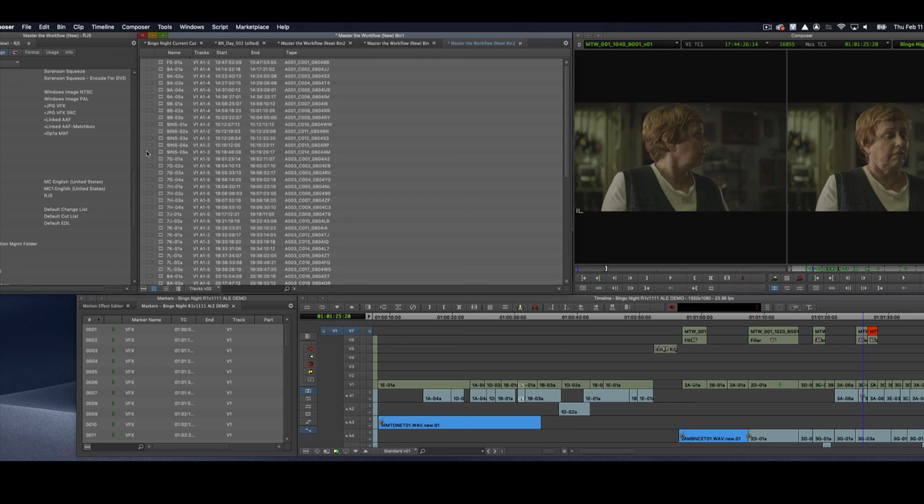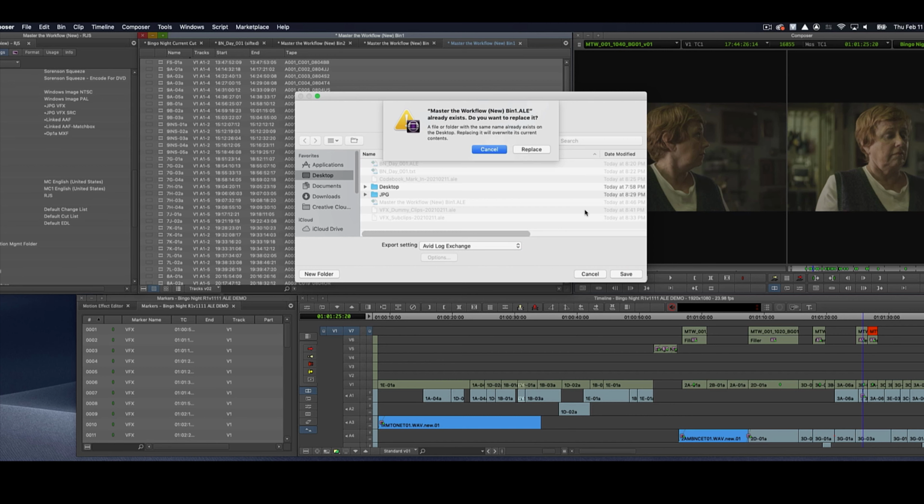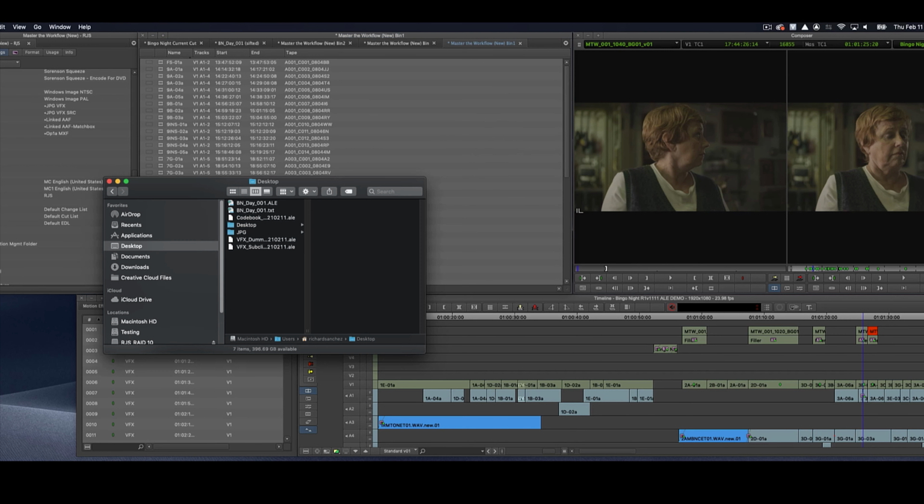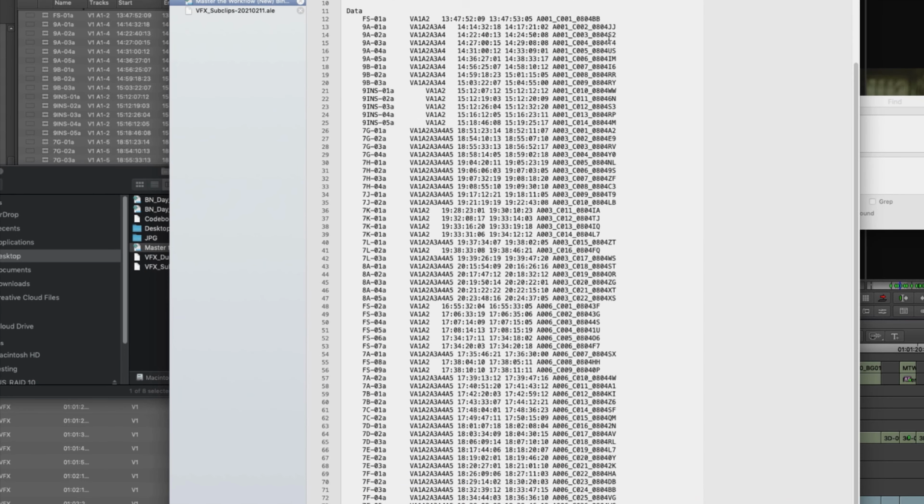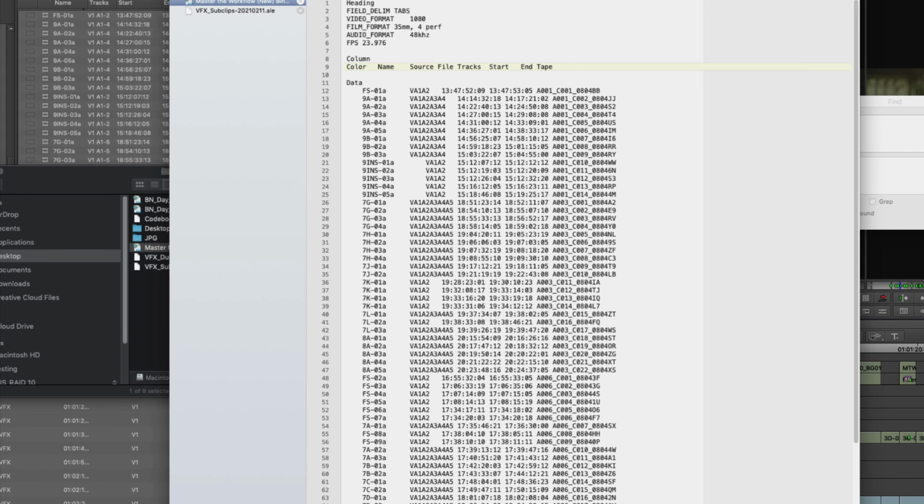I'm going to go back to a very simple view. I'm going to overwrite that old bin. If you ever run into a situation, maybe somebody gives you data from Excel or something, you need to merge custom data into your clips. Going back to this, an ALE is just tab delimited. So you have color, and then a tab, name, tab, source file, tab, tracks, tab, start, tab, end, tab, tape, and it's the end. Well, if I add a tab, and I'm going to call this